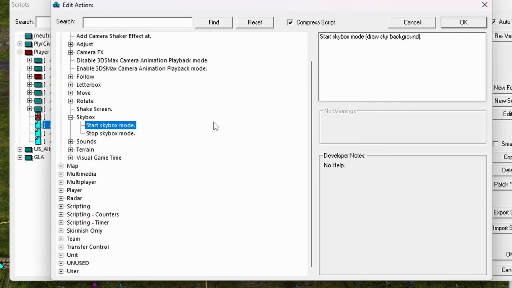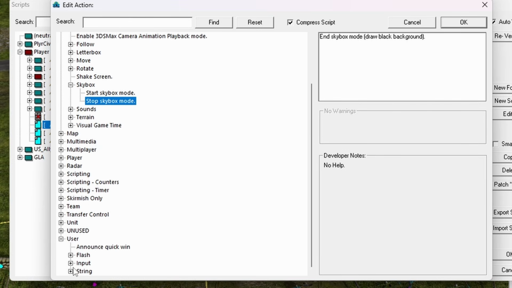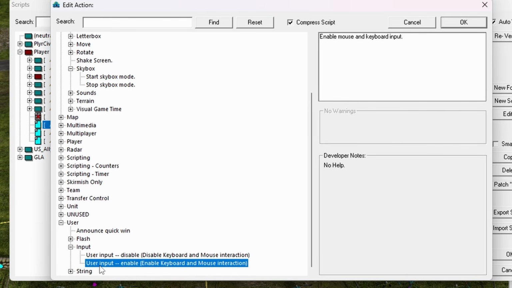Please don't forget to add in the script at the end of the cinematics to stop the Skybox mode, stop the Letterbox mode, and give the user his input back. User input enable. This is very important, otherwise your user will not be able to see something or to do something. Okay, that's it. I hope this tutorial helped you,